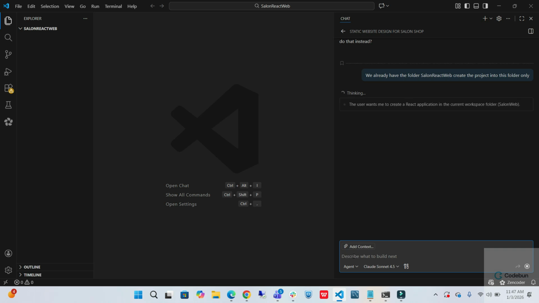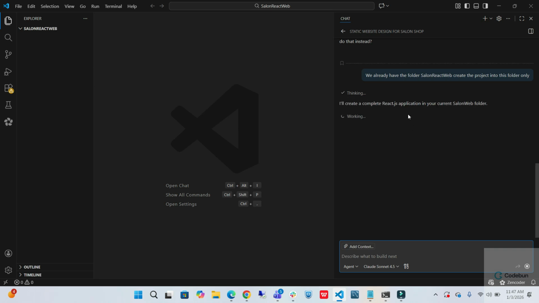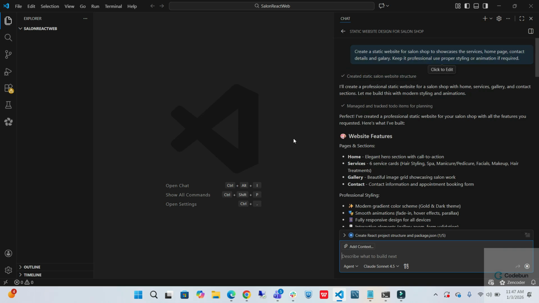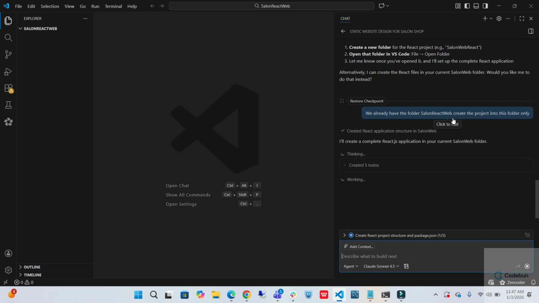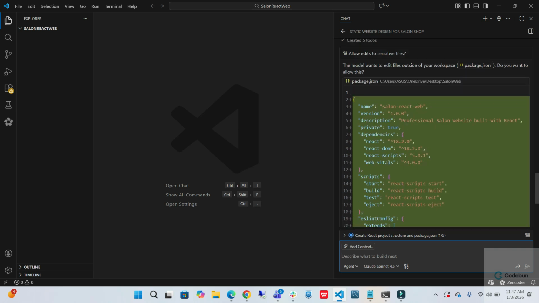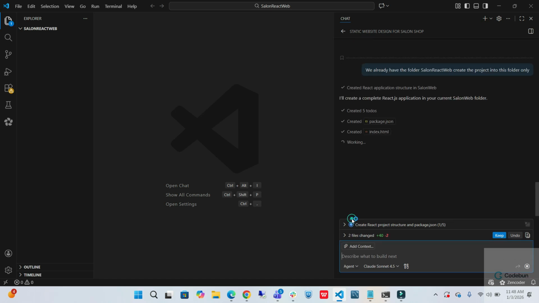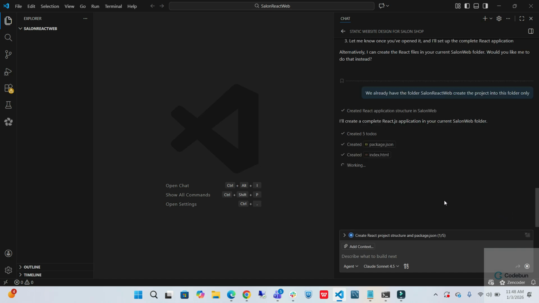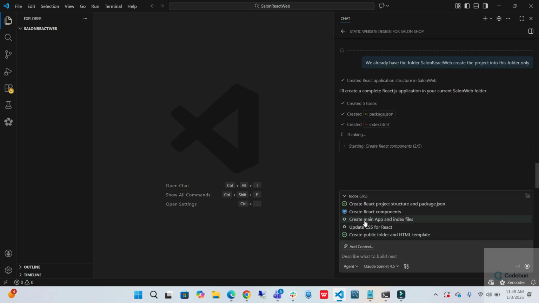I want to test one thing here, like let's say whether it's memorized or not. Like in this new folder we didn't say to create a project for Salon, so it should memorize my previous prompt, right? The previous token that I sent, it should be remembered, I guess. So yeah, it's created something for us, package.json, correct, it's required, so I just allow it, and I allow this one as well. It's asking me to keep these two files that are created, so it's created fresh HTML as well as